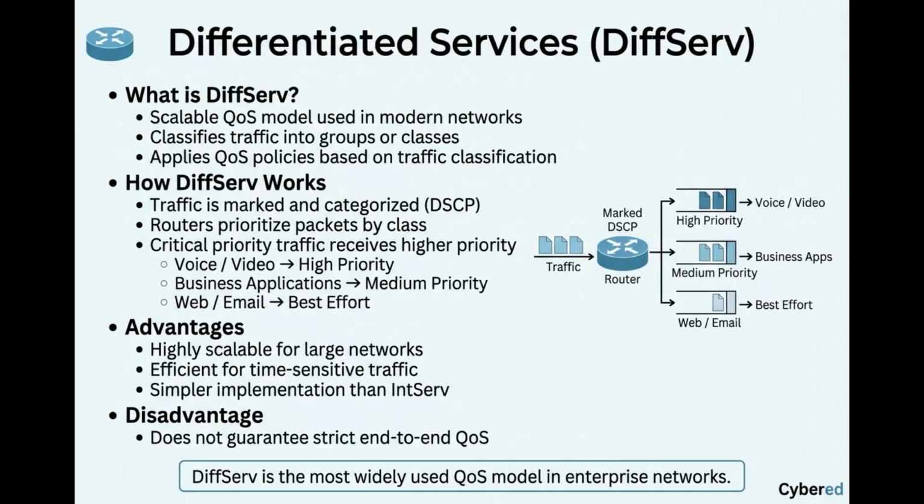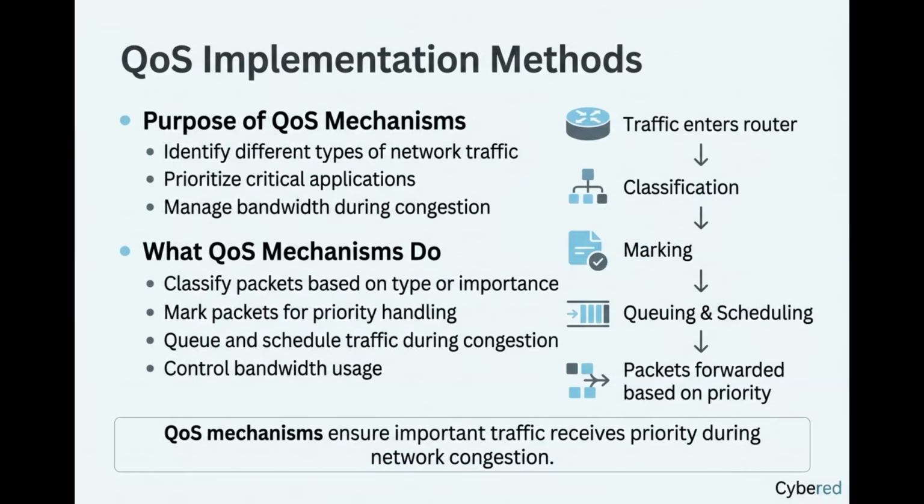The advantages: highly scalable for large networks, efficiently prioritizes time-sensitive traffic, and simpler implementation compared to IntServ. The disadvantage: does not provide strict end-to-end quality of service guarantees. In DiffServ networks, routers classify incoming traffic into classes and apply appropriate quality of service policies to manage bandwidth and prioritize important traffic. Quality of service is implemented using several mechanisms that help network devices identify, prioritize, and manage network